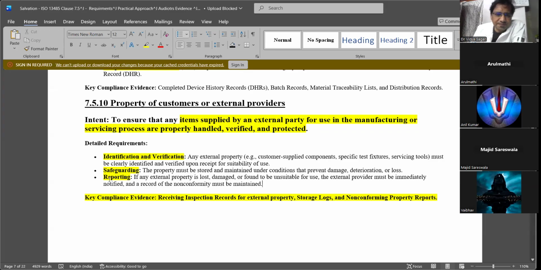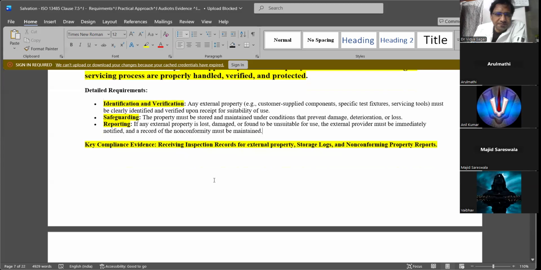Okay, and reporting. If any external property is lost, suppose the customer property is damaged or lost or misplaced, you need to report to the customer.